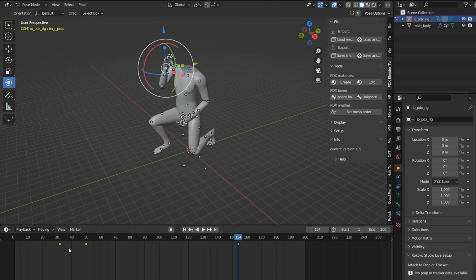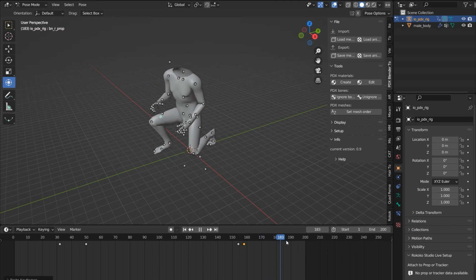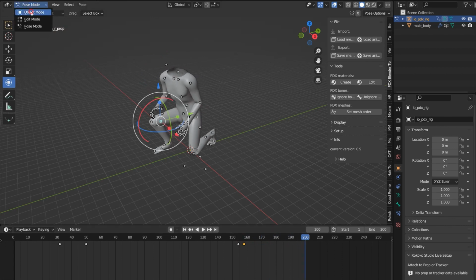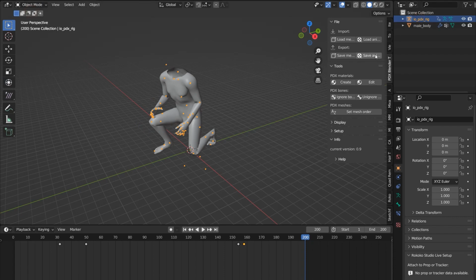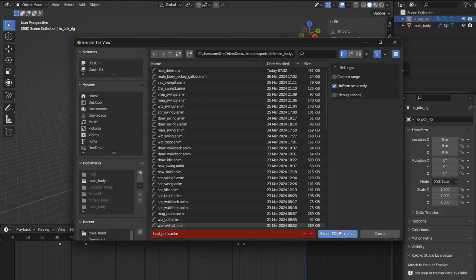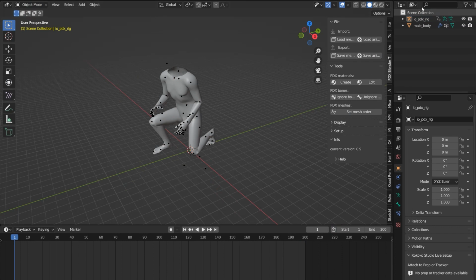And then I save, copy the original location and rotation, and make sure that it goes back to normal after I'm done. So after I'm done drinking, it rotates back. And then that's where the animation ends. I go into object, and then I go ahead and save it. And because I still have the game open,